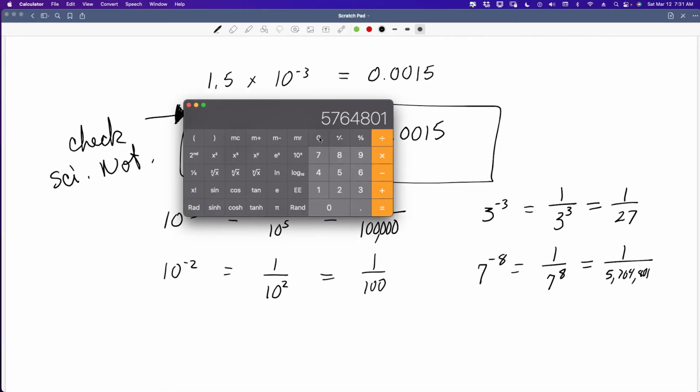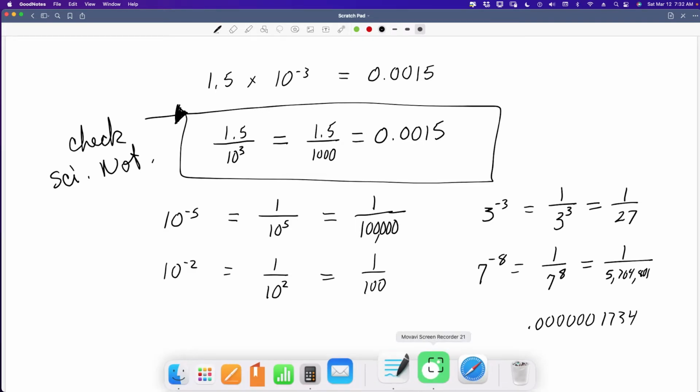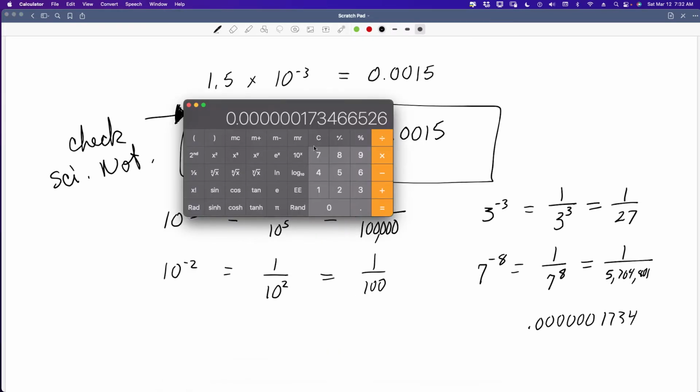You can also do negative exponents. So you could say 7, XY key, 8 negative equals, and it gives us this big long decimal, right? I'm just going to put down 1, 2, 3, 4, 5, 6, and then 1, 7, 3, 4. And I'm not going to try to remember the rest, but I want to show you on the calculator that